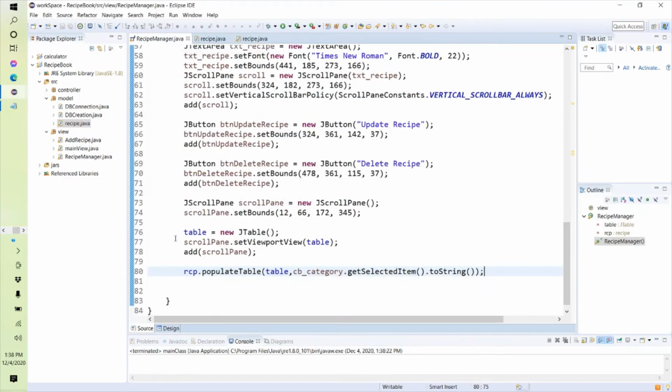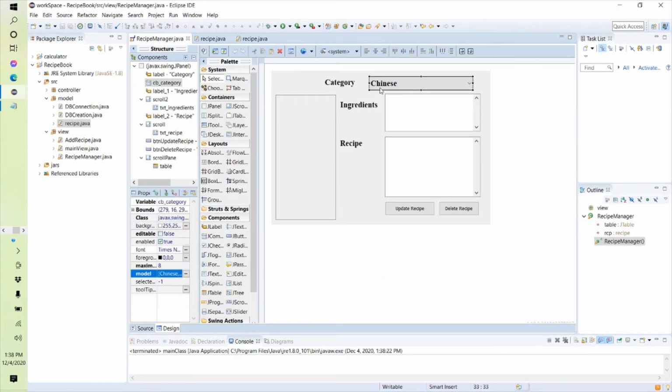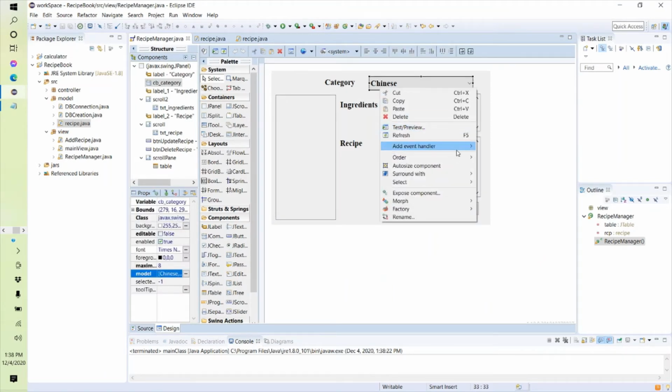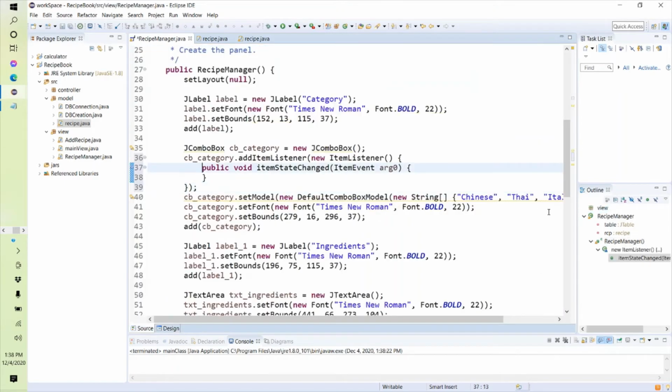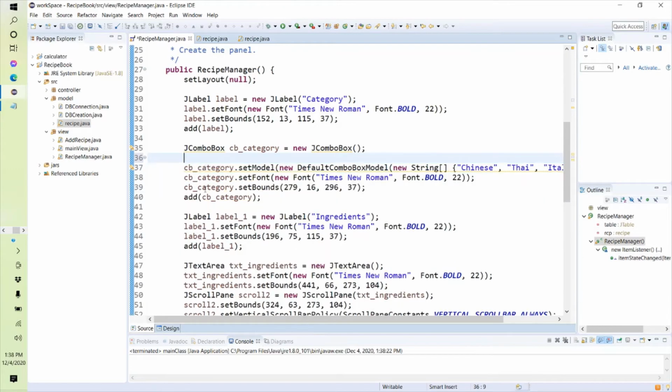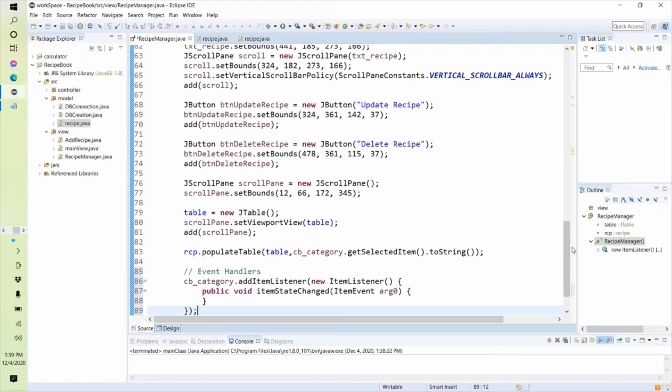One thing is remaining. Go to the recipe manager. Whenever my user changes his or her selection of the category from here, we need to add an event handler, an item state changed event handler. So let's cut it from here and take it to the end of the code right here, event handlers, and paste it right here.